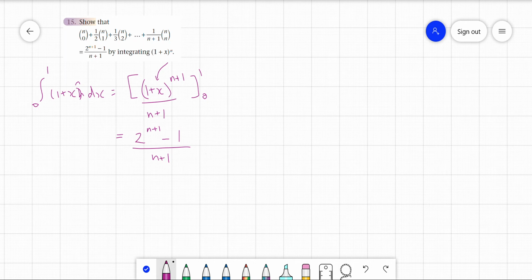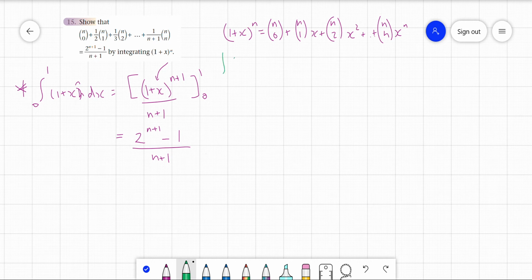What about the other side of that? Well, when I integrate (1 + x)^n expanded, I should get the other side. So remember, expanded gives you n choose 0, n choose 1 x, n choose 2 x squared. Now we could do this a number of different ways, as in we could write it as a sum, or you could just say, all right, that equals that. Now, when I integrate the left-hand side, so you could say this is my integral of my left-hand side. If I now integrate the right-hand side,